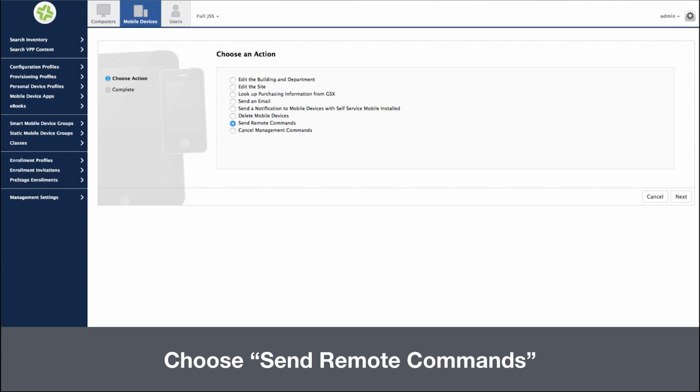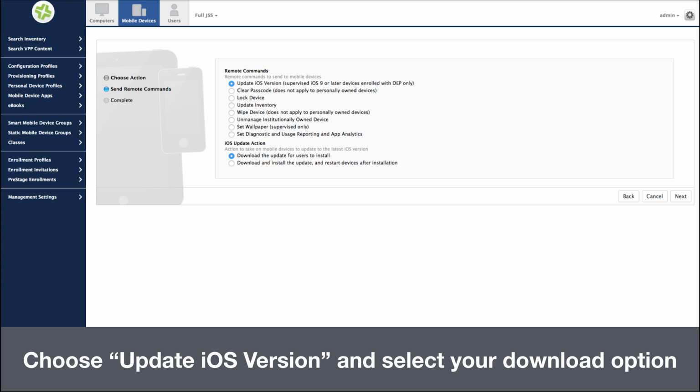and I get this screen. What kind of action do I want to send? Well, I want to send a remote command to these iOS devices. And that remote command that I want to send is update iOS version. And I'm reminded here too that this command only works on supervised iOS 9 devices or later that are enrolled